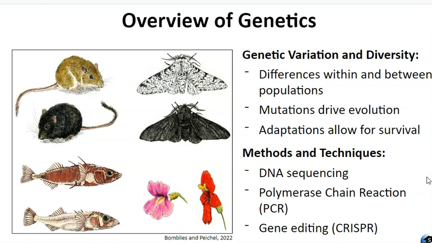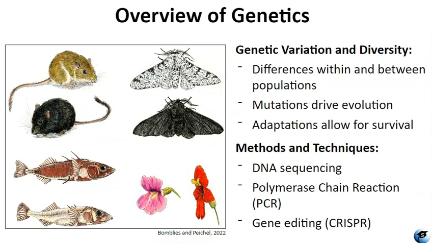Gene editing enables precise modifications to the genetic code directly. One example is CRISPR. CRISPR stands for Clustered Regularly Interspaced Short Palindromic Repeats. Right, so CRISPR is a revolutionary gene editing technology that allows precise modification of sequences, and it has far-reaching implications for various fields, including medicine, agriculture, and biotechnology. I'll go over the figure in just a moment, but first I wanted to show you guys this video on